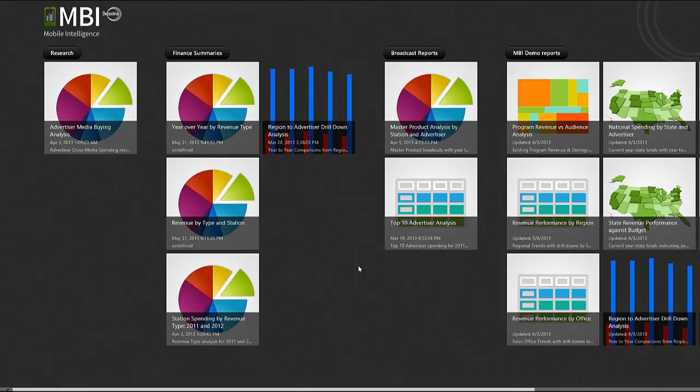There are two key components to every dashboard in MBI. The first is clearly the data file driving the analysis. The second is the analysis type. An analysis type is a dashboard template made up of a set of data visualizations and selectors specifically designed to